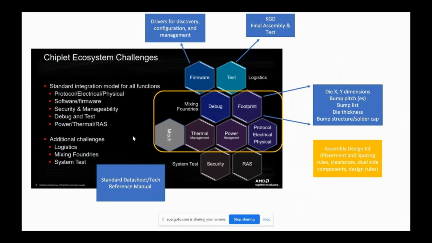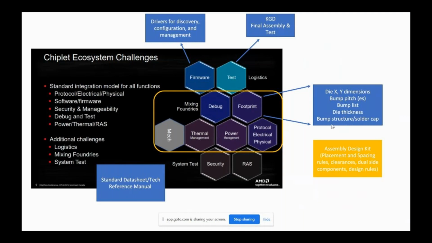In my mind, what's really different about integrating chiplets is you need some new types of information which normally you don't need at a packaged IC level. But for SiPs, you would definitely: what are the die XY dimensions? Is it single or multi bump pitch? What are those? With the bump list, another critical new piece of information is die thickness.